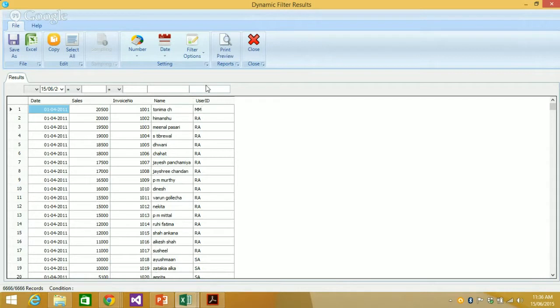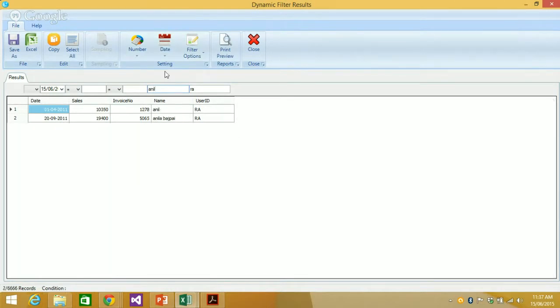What is meant by dynamic? Now, dynamic would mean you can dynamically query and pick up relevant information. For example, I want to pick up all transactions which are done by REA. I click on REA and I find there are 764 records which are done by REA. And in REA, I want to pick up all transactions which are done by Anil. Okay, so you got 2 transactions which are done by Anil. So this is how you can query and pick up information